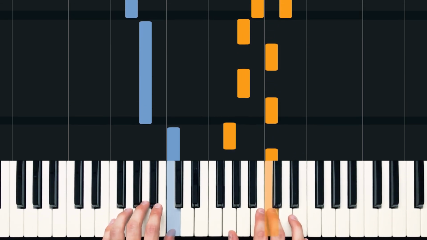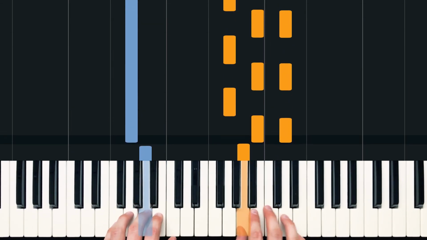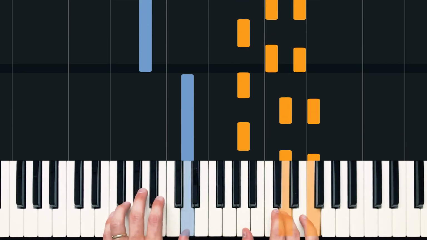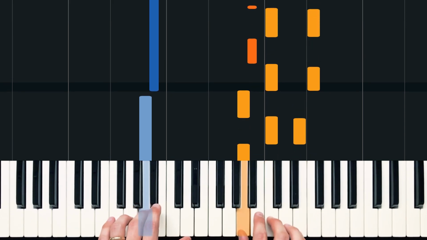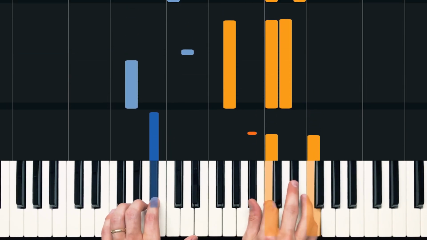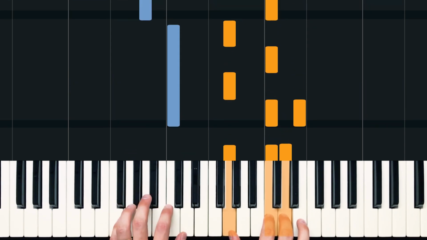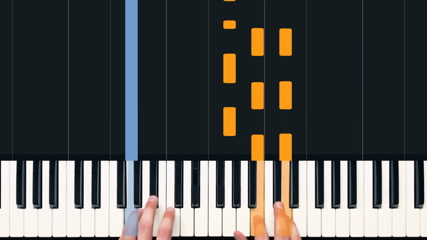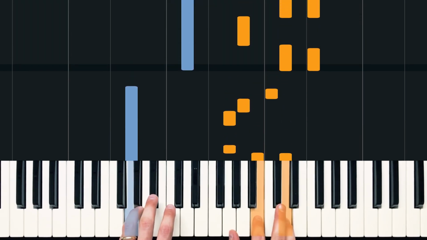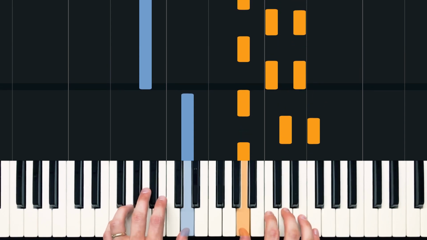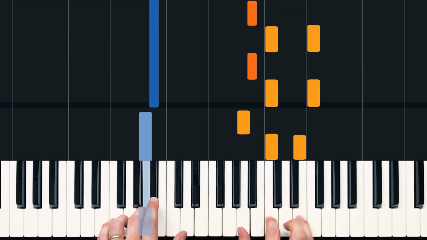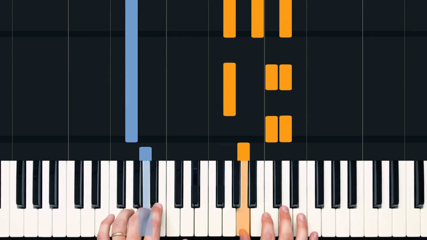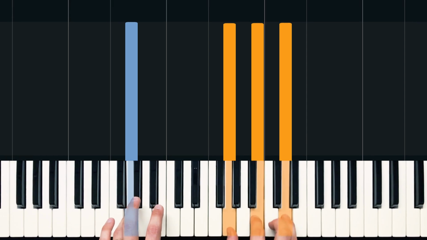1 and 2 and 3 and 4 and 1 and 2 and 3 and 4 E and. 1 and 2 and 3 and 4 and 1 and 2 and 3, 4, 1 and 2 and 3 and 4 and 1 and 2 and 3 and 4 E and. 1 and 2 and 3 and 4 and 1 and 2 and 3 and 4 and 1 and 2, 3,